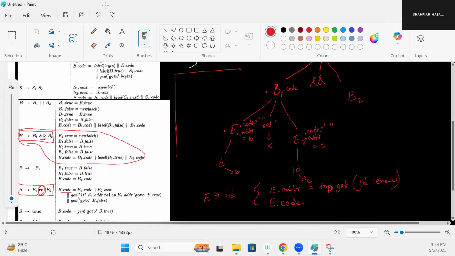Okay, so since that was the semantic rule for E producing ID,